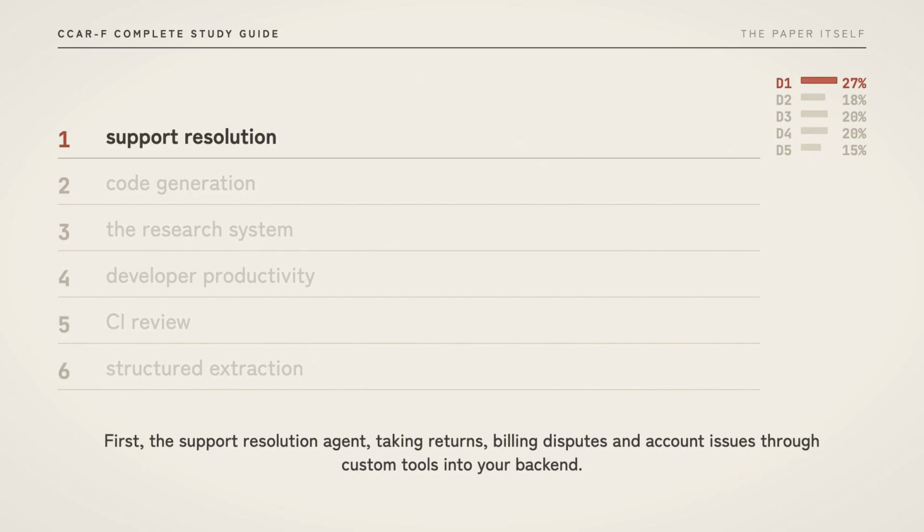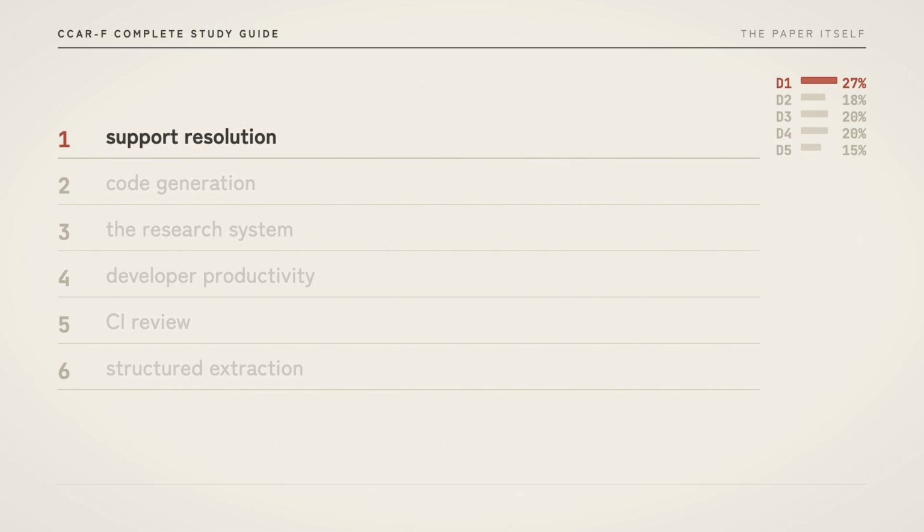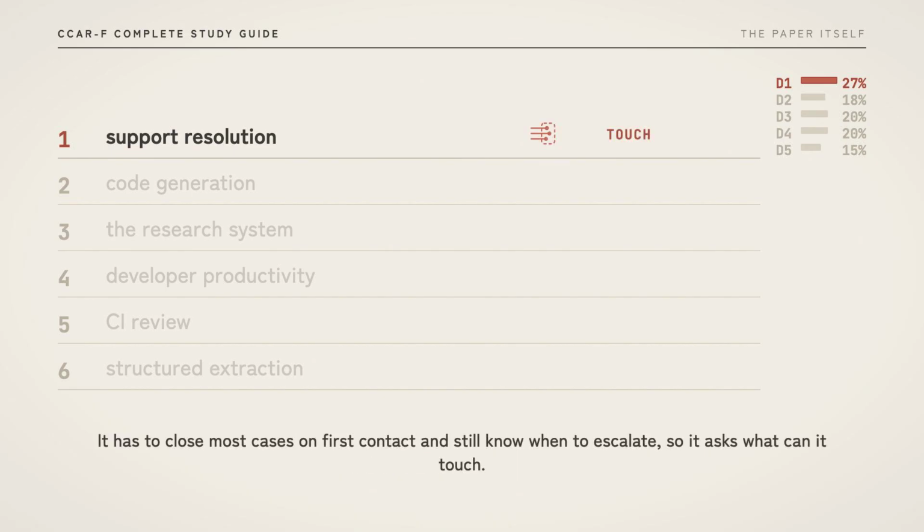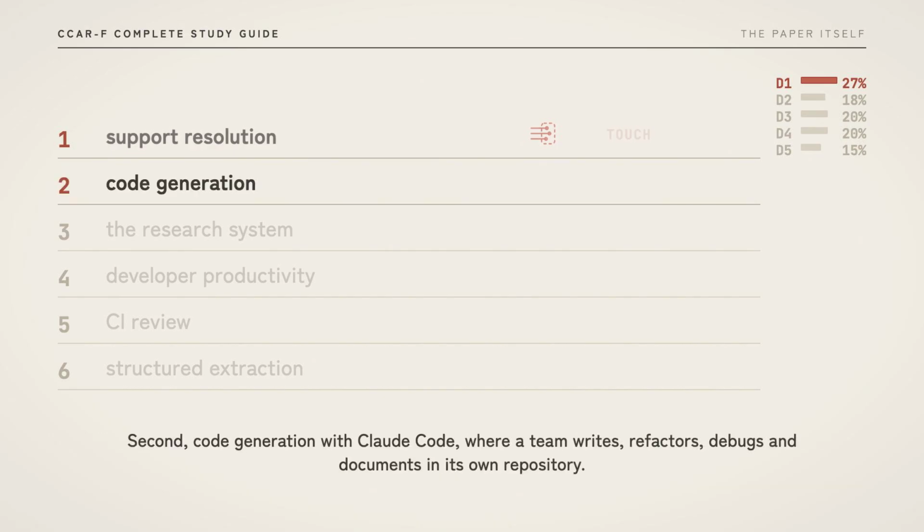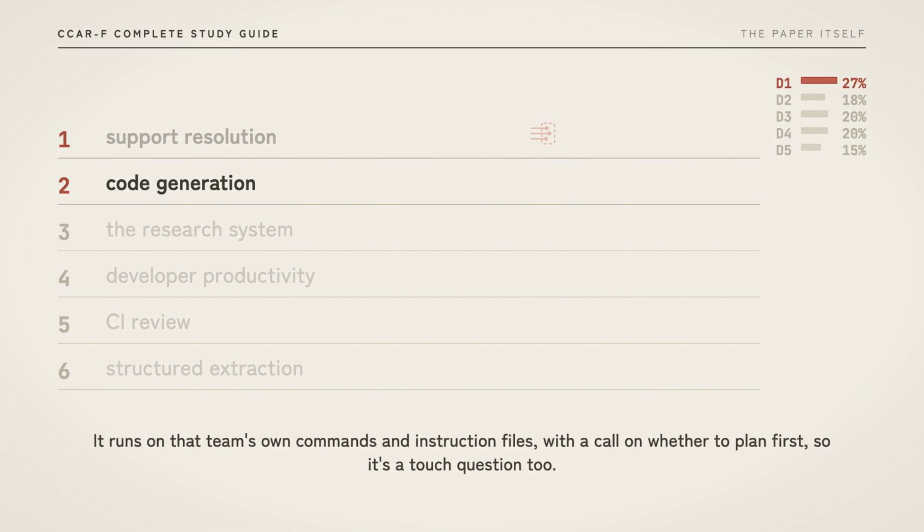First, the support resolution agent, taking returns, billing disputes, and account issues through custom tools into your backend. It has to close most cases on first contact and still know when to escalate, so it asks what can it touch. Second, code generation with Claude Code, where a team writes, refactors, debugs, and documents in its own repository. It runs on that team's own commands and instruction files, with a call on whether to plan first, so it's